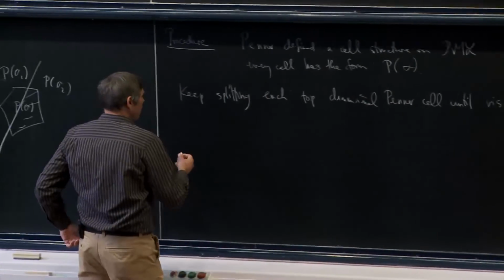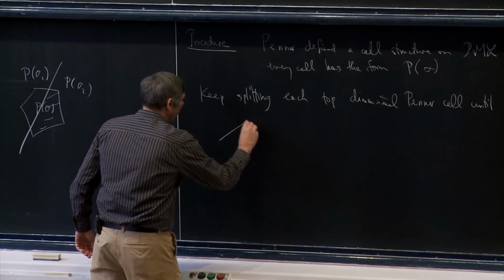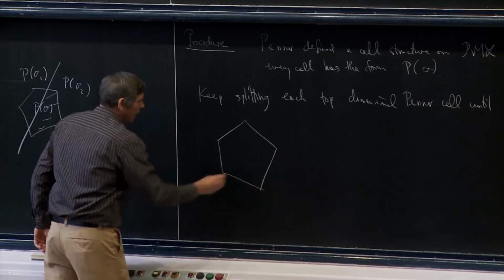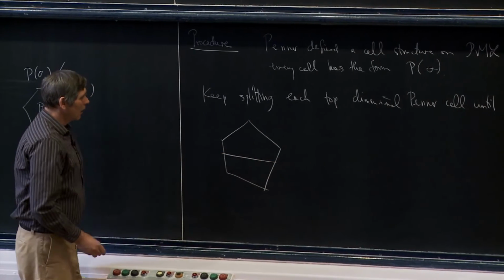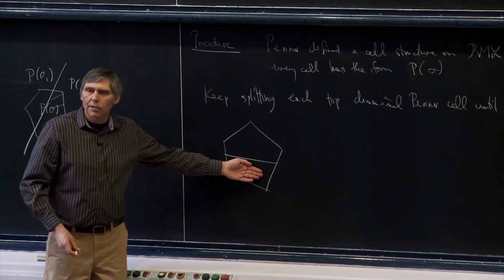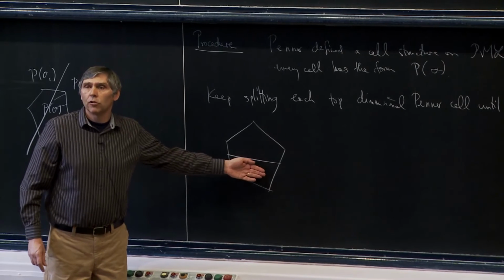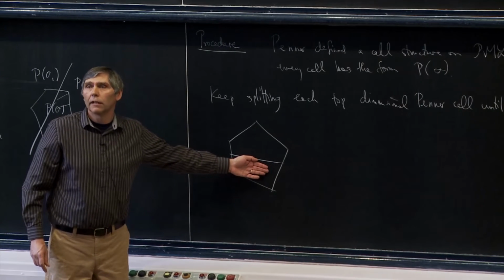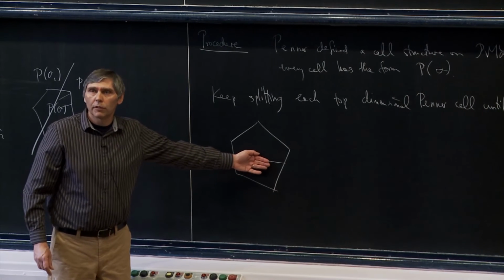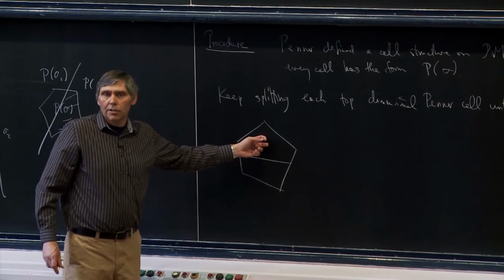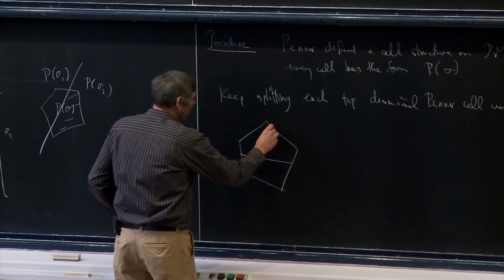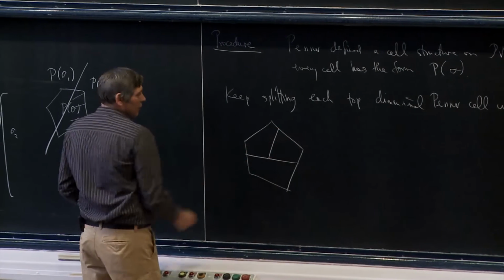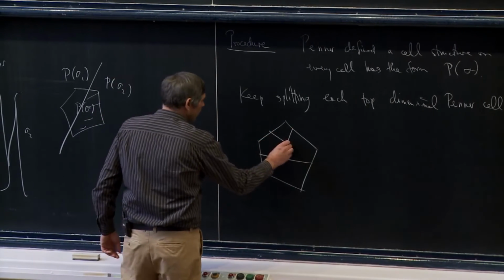Okay. So basically the procedure, what you're supposed to be thinking about is something like this. Here's your cell, and now you cut it in half. Now maybe this cell has size less than epsilon. Then you stop. You're not going to subdivide this cell again. You live with it, whatever it is. But maybe this cell has size bigger than epsilon, so you split it again. And maybe again one of the cells is good, but the other one is not. So this just goes on and on.